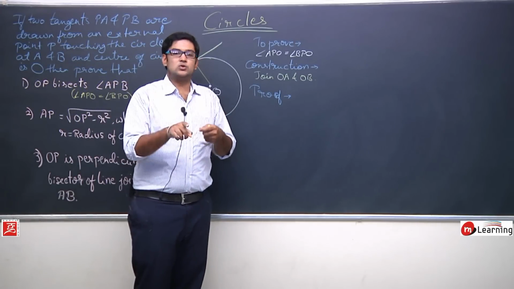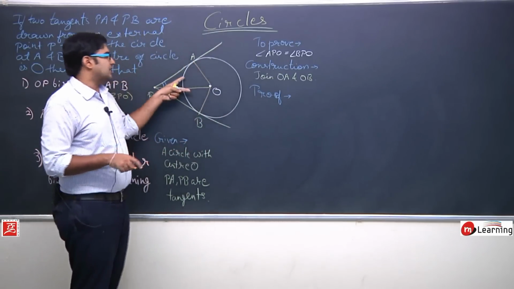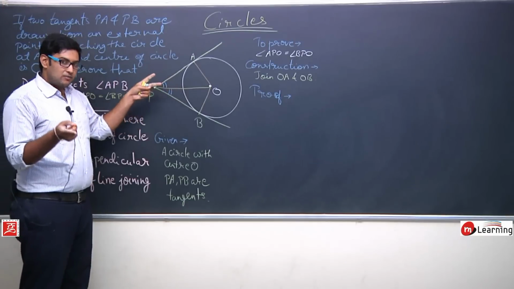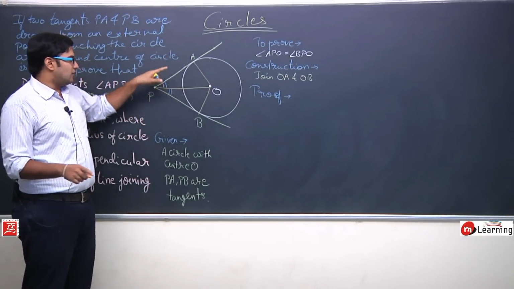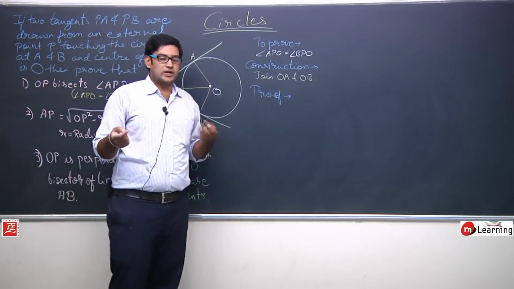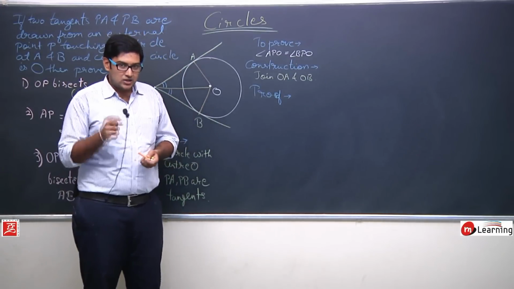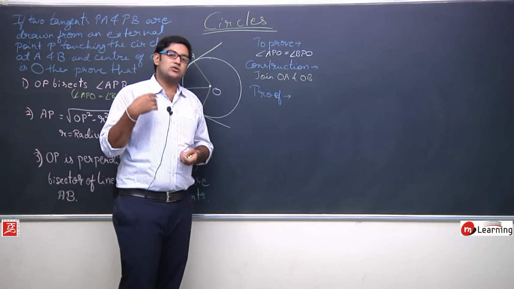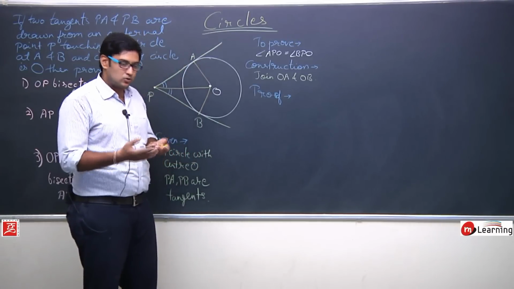okay, in theorem 2 we have proved the two triangles congruent and then by using that congruency we have proved that AP and PB are equal. ये चीज हमने already prove करी है, इसे समझा है. Okay, so in this question also we are going to apply a similar kind of approach.